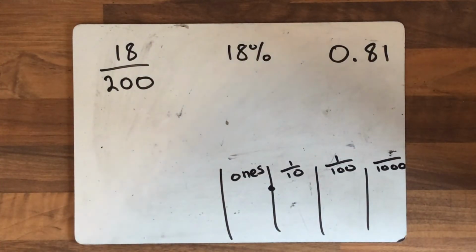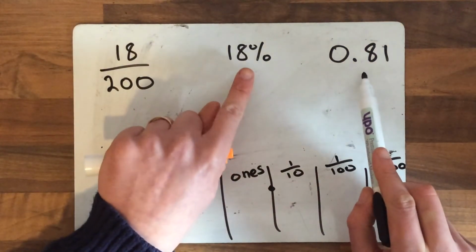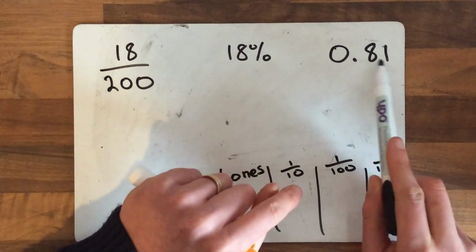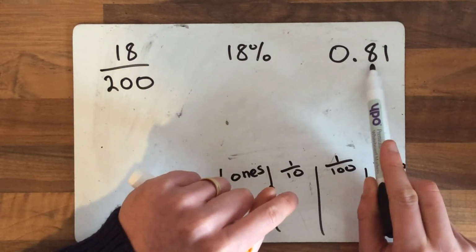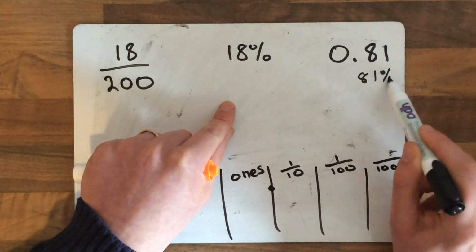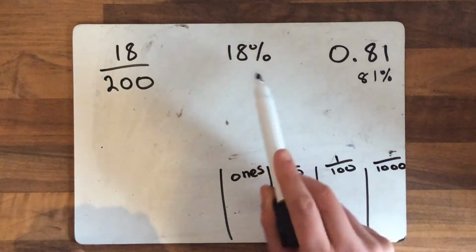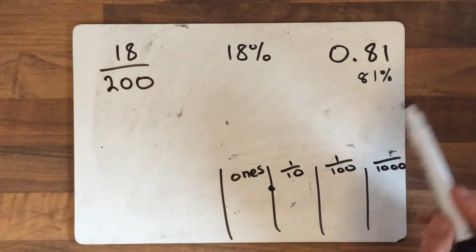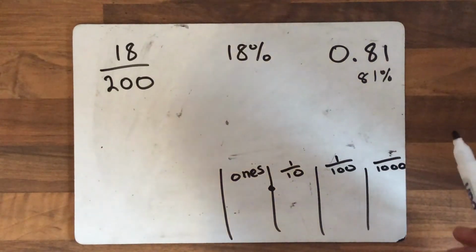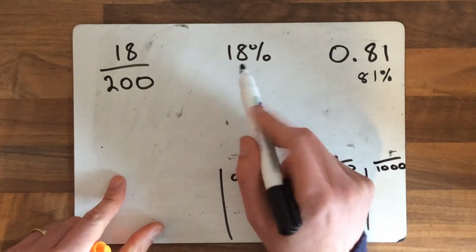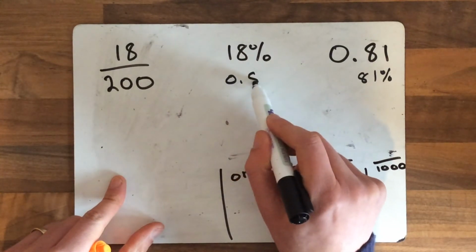Okay, so let's begin to solve this. Straight away you might be able to see, particularly with these two, 18% and 0.81, hopefully you can see that this is larger, because as a percentage it will be 81%, and you can see 81 is bigger than 18. So what we'll do with this one, we will convert them all into their respective percentages, decimals and fractions. So this as a decimal will be